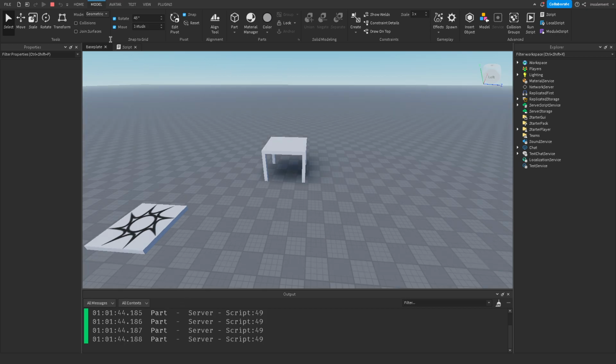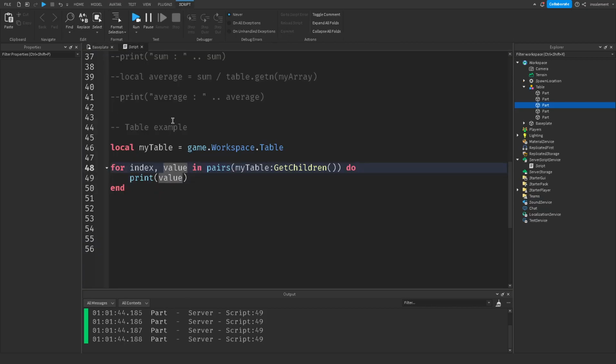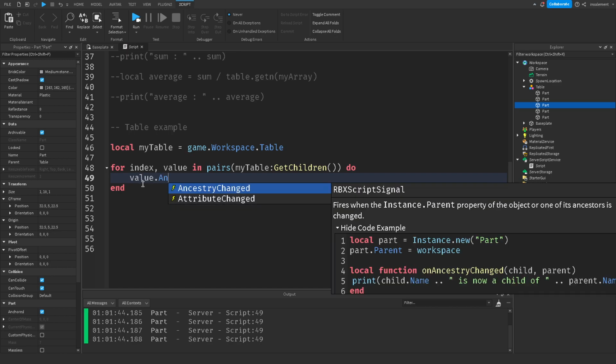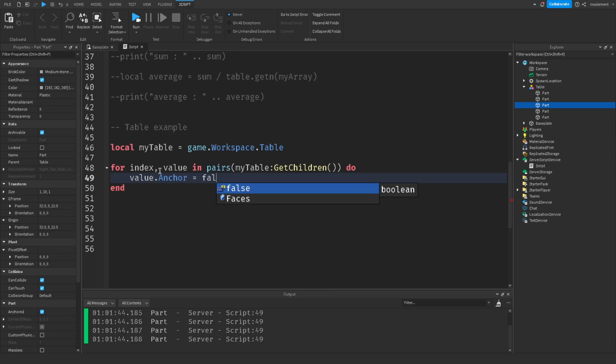Okay, yes, it is a part, but why? Oh, I forget. It doesn't really come with it. I was confused why it wasn't auto-filling, because it usually doesn't do that when you have a nameless